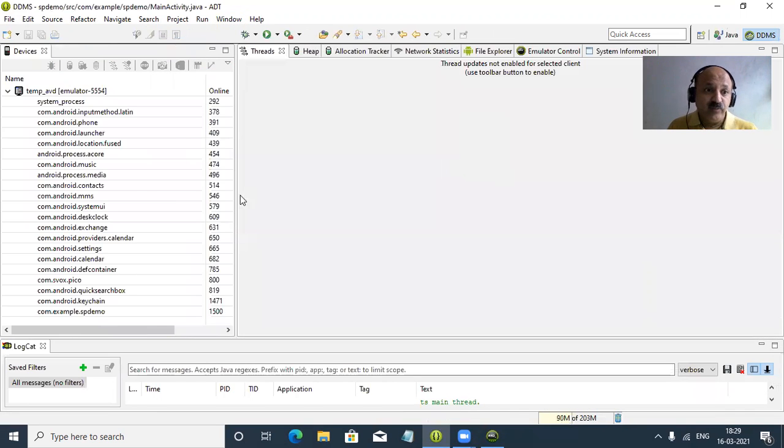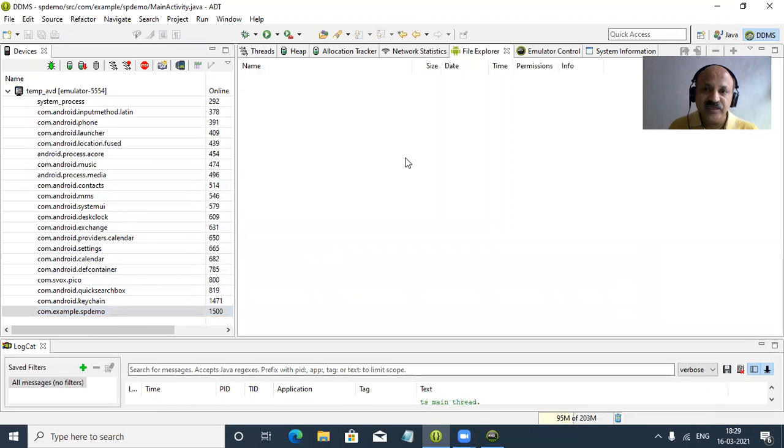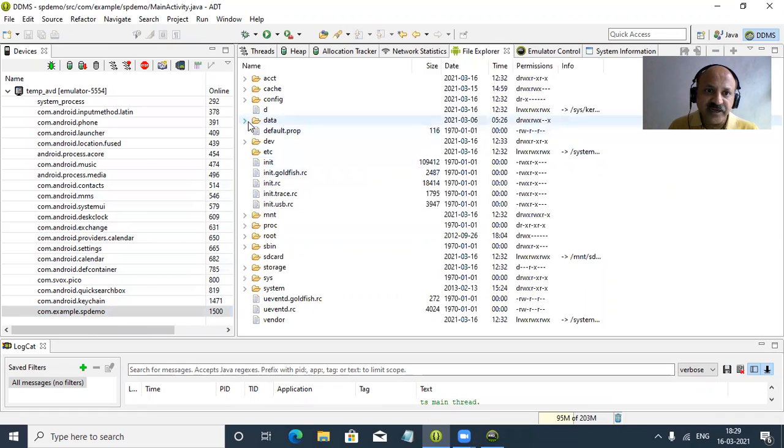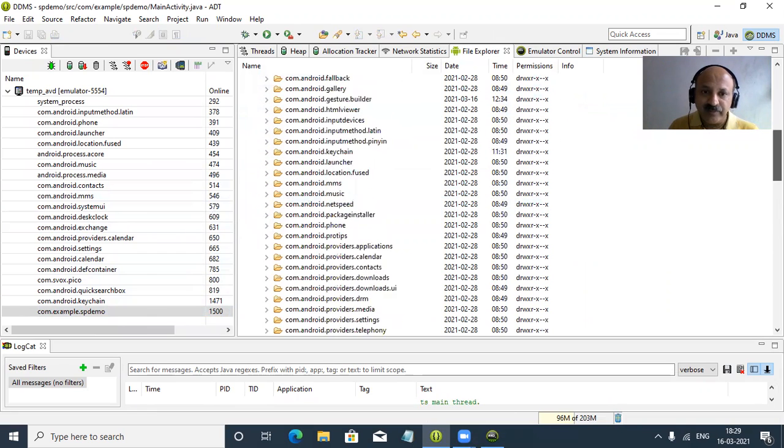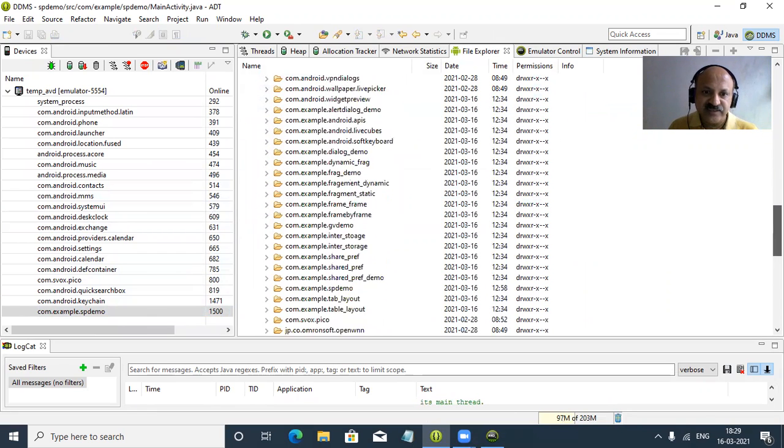So again, I revise the step: in Window, Open Perspective, DDMS tools. Yes, we can pull the file again because that is new data, right? So SP demo, File Explorer, that is the step I revise. So in File Explorer you can select, then the data folder, then again you can select the data folder, and then your application or package, you can say, with the same name.